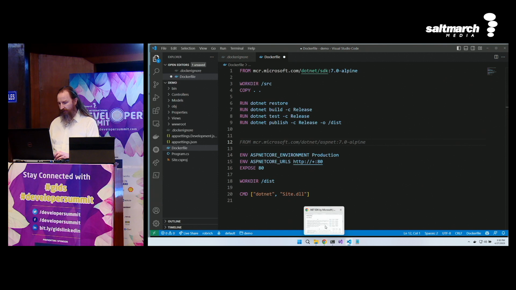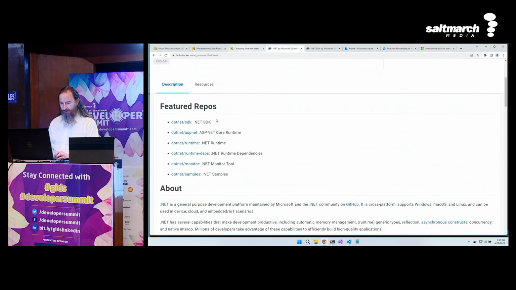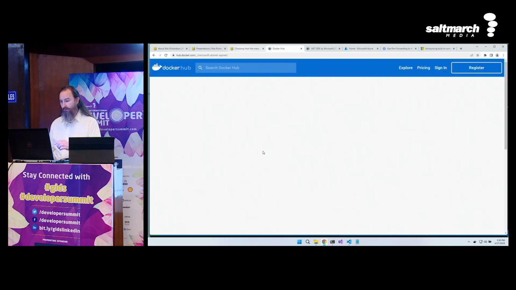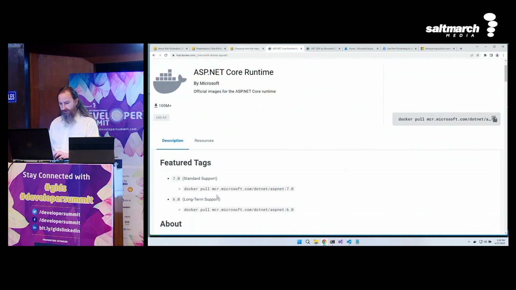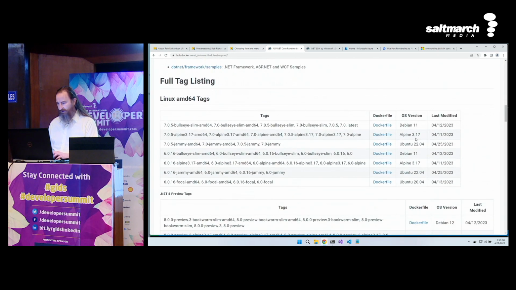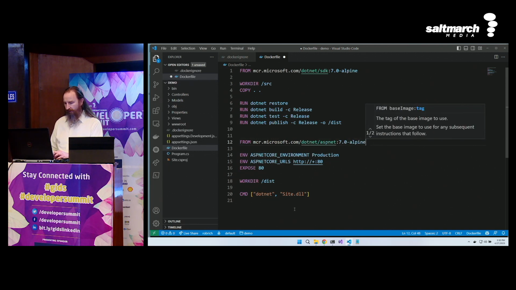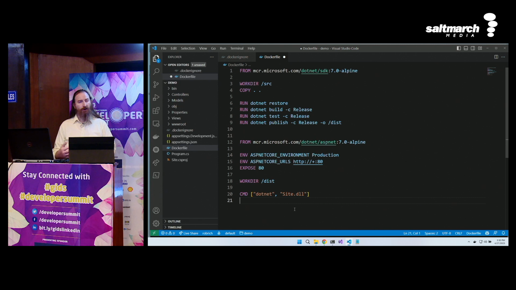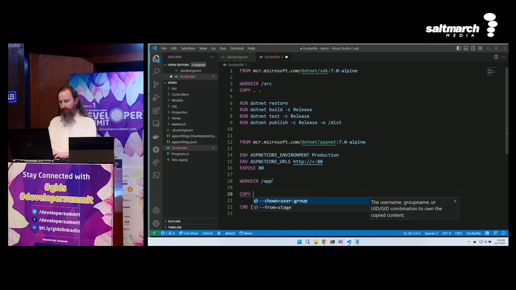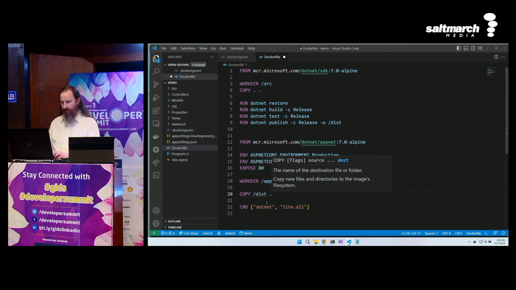I'm going to come back over here to Docker Hub, and I'll pop open ASP.NET. And there's a similar one that doesn't have build tools, but will run my website. So let's come grab this one. And scrolling down, we can see that we've still got an Alpine variant of that. I'll use that. Excellent. Back here in VS Code, from there. Cool. Now we do need to copy our content, so let's change this to /app, and then let's copy our content from the dist folder to our current directory.